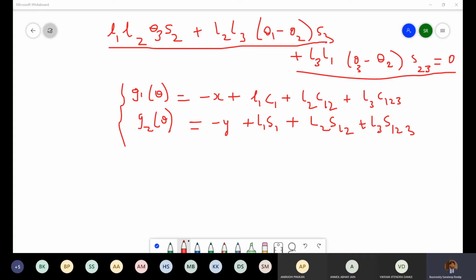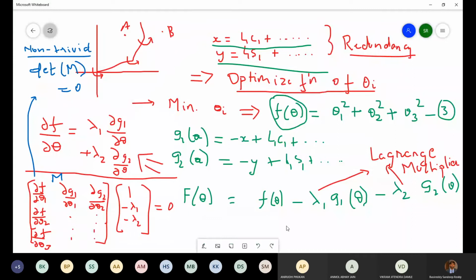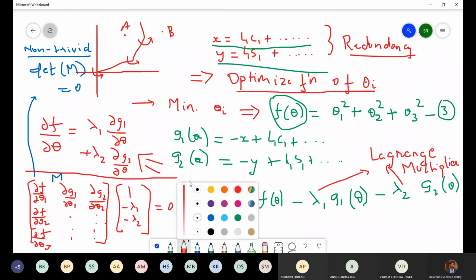Certainly you can do it in other ways also. You can try and minimize the joint velocities. You can minimize the joint accelerations and so on. And the Lagrange multiplier is to optimize that solution to find a unique one. Yes, so the Lagrange multiplier, if you see, we are writing an optimization function f of theta that you can see here.